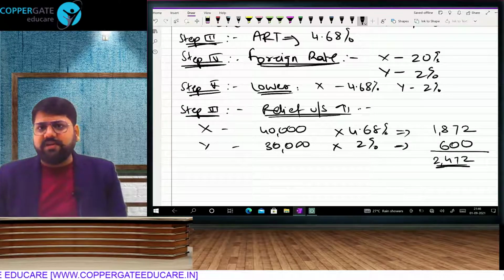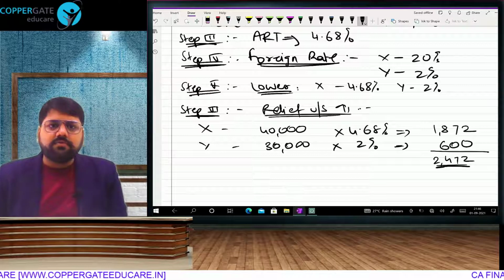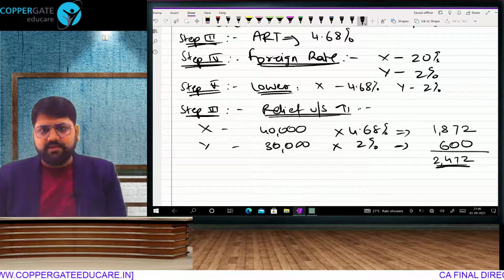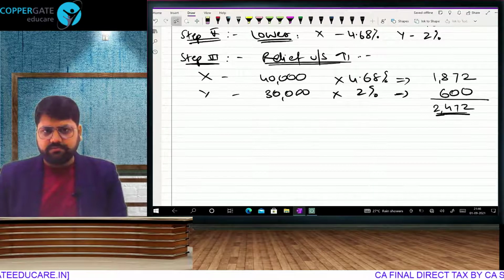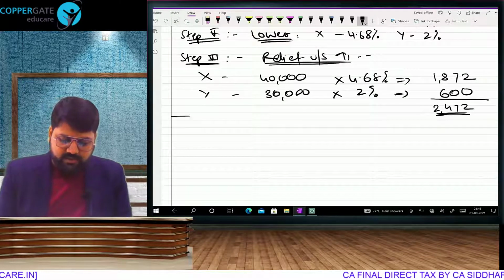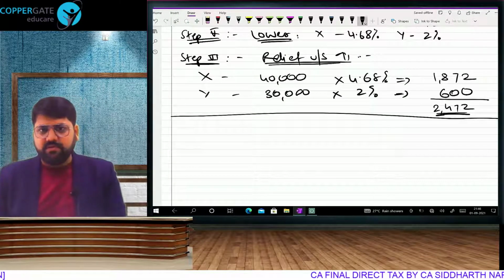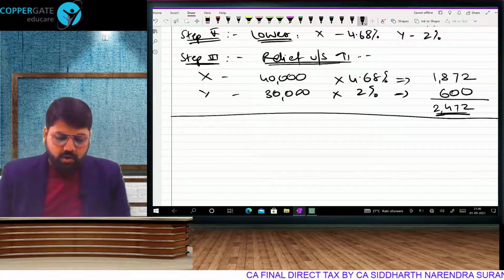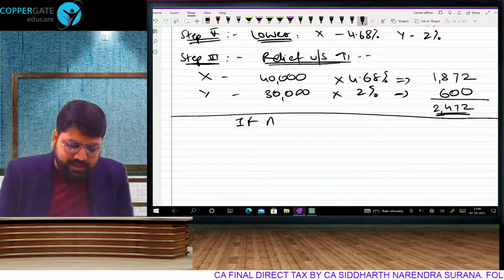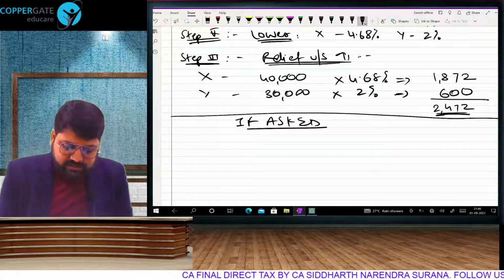What is the quantum of relief that Mr. Rohit will get? 2,472. 2472 is going to be the relief. Yes or no? Listen, the question has only asked relief. You stop here. You will stop here. Only and only if asked,